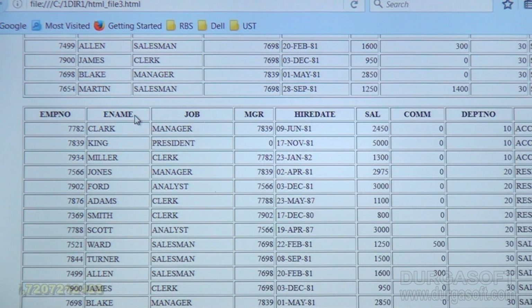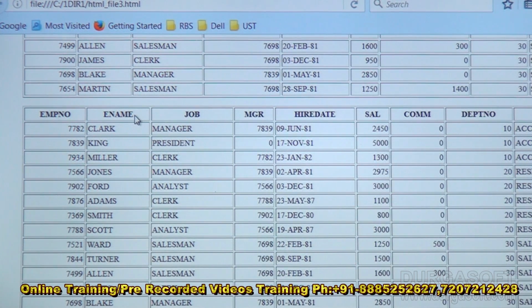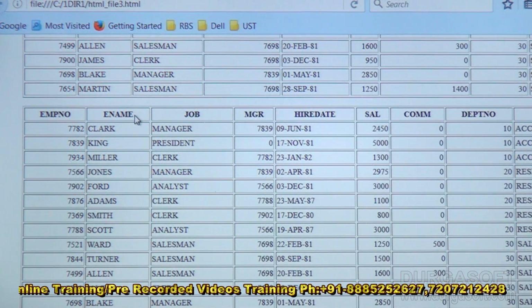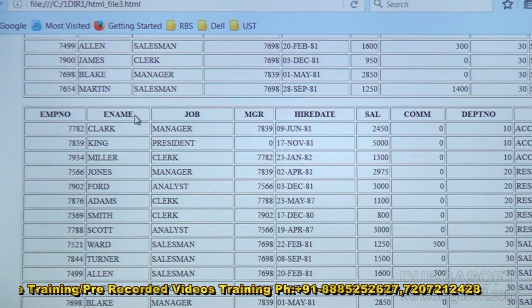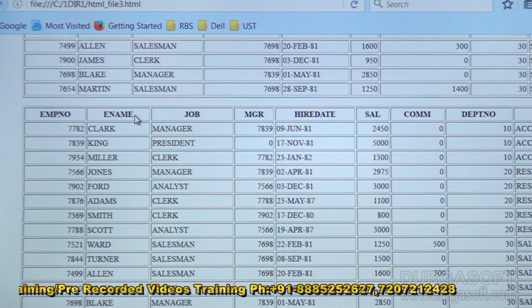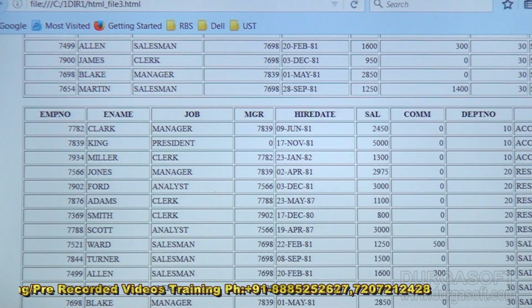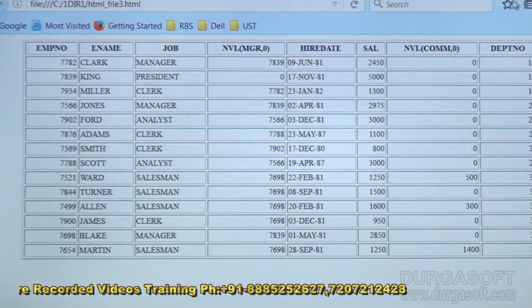So generating an HTML file will be very easy using MARKUP HTML ON. This is available from 9i. Before 9i, the MARKUP HTML command was not there, the environment variable was not there. So whatever tags we were able to see before,